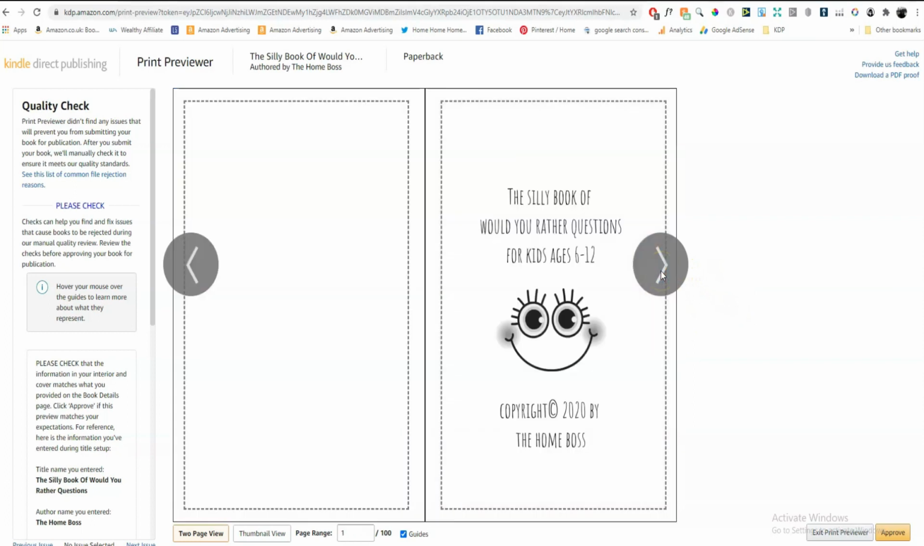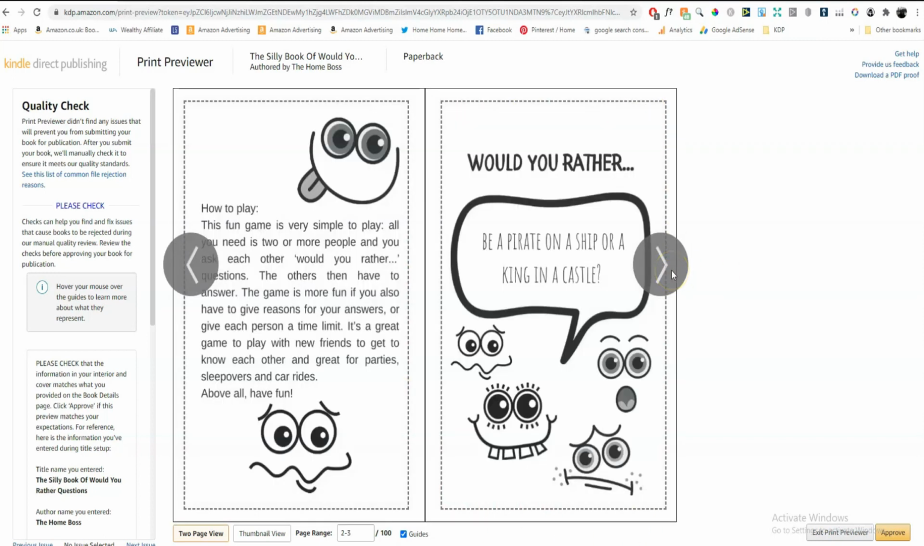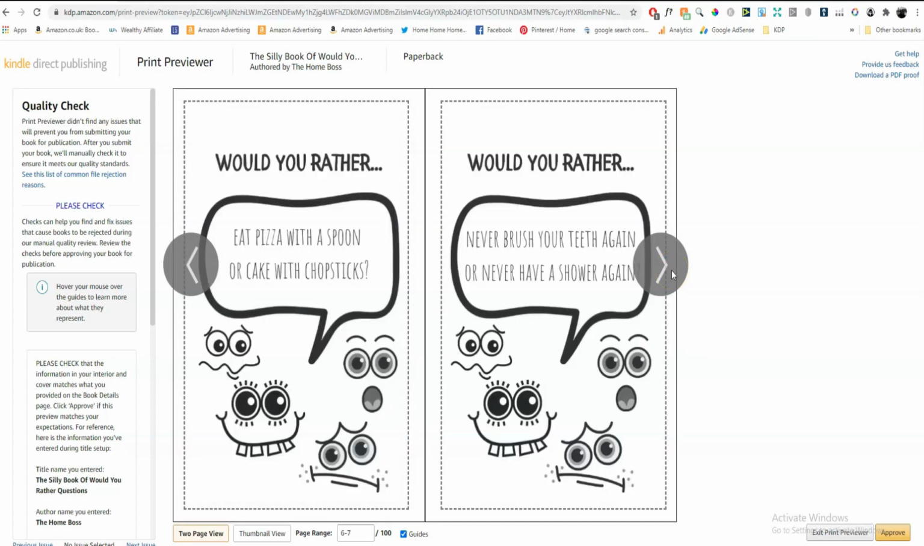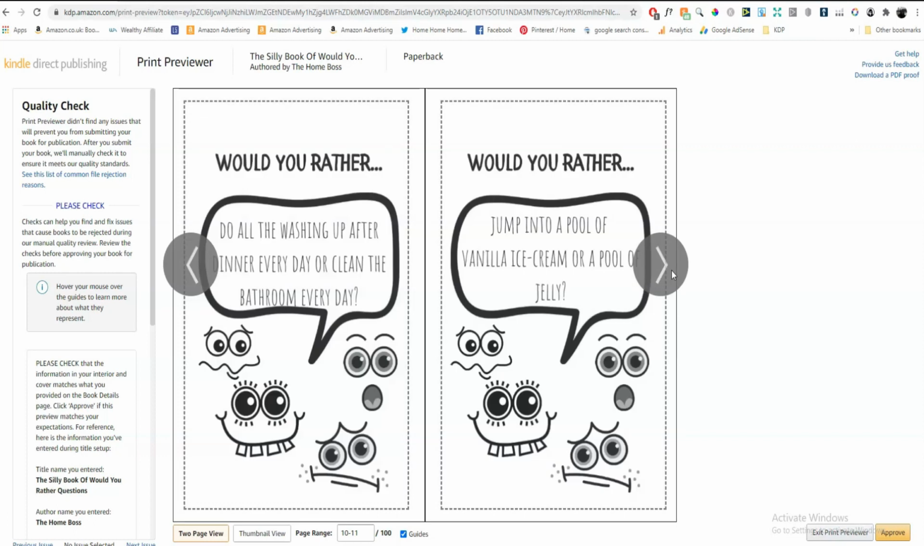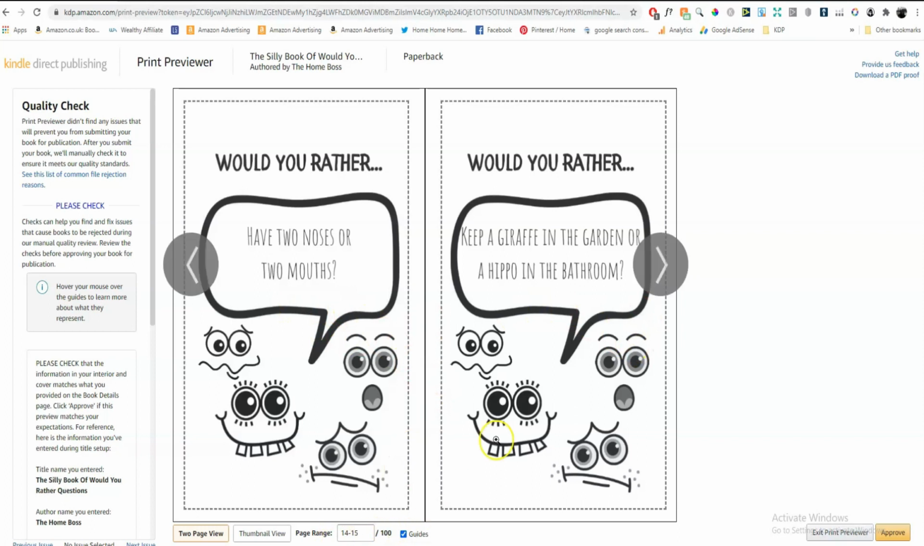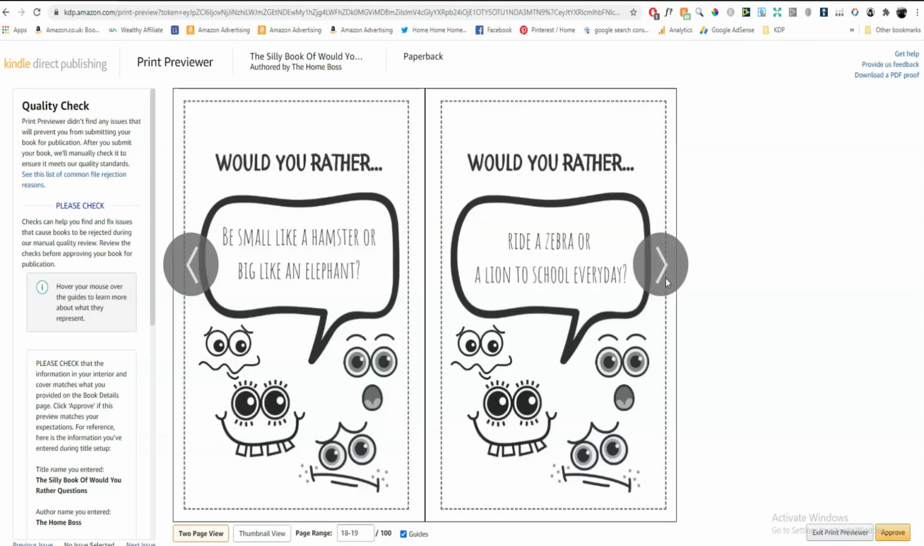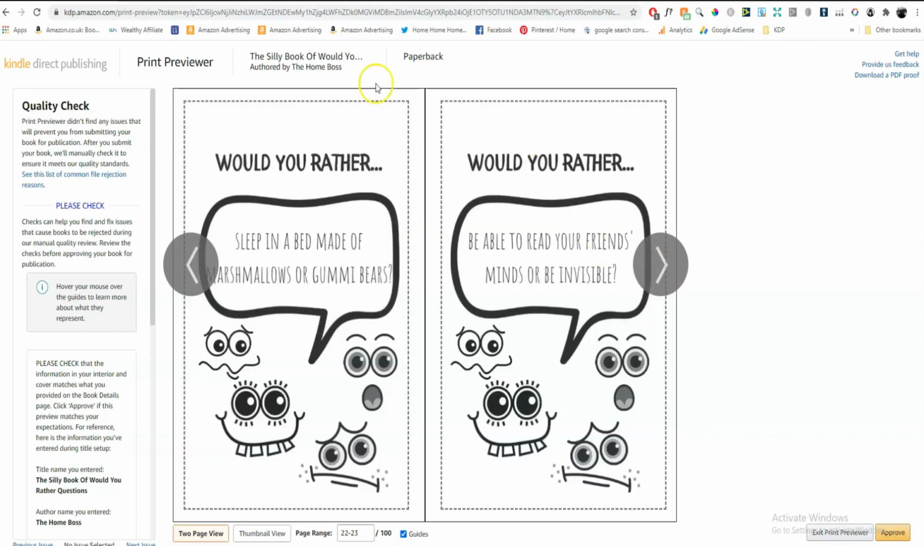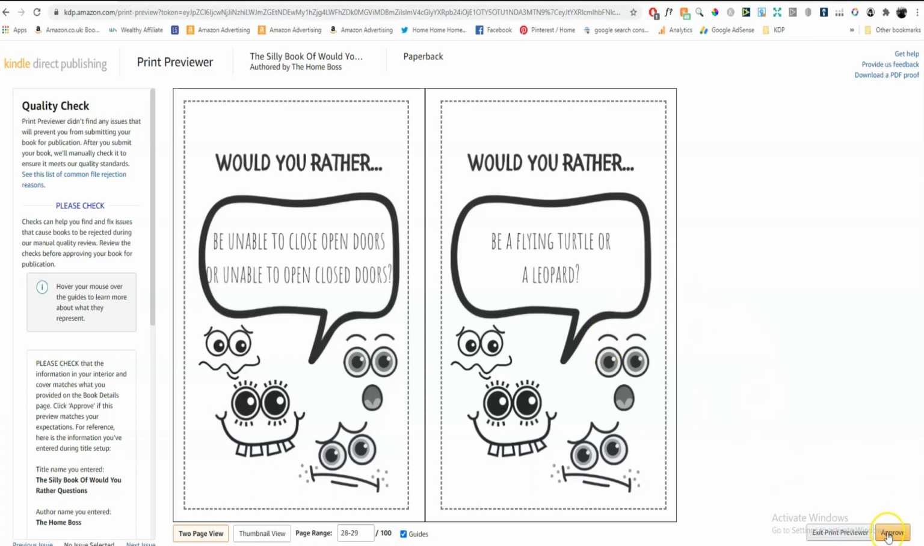Let's have a look at the interior. So again, that's all within the margins. Let's see the next pages. So it looks like everything is in order. We have a different question on every page. It's 100 pages in total. And if you watched the video where we created this interior, you can see how this looks on the KDP print previewer now. So I think everything is in order. We can approve that. So I click on approve,